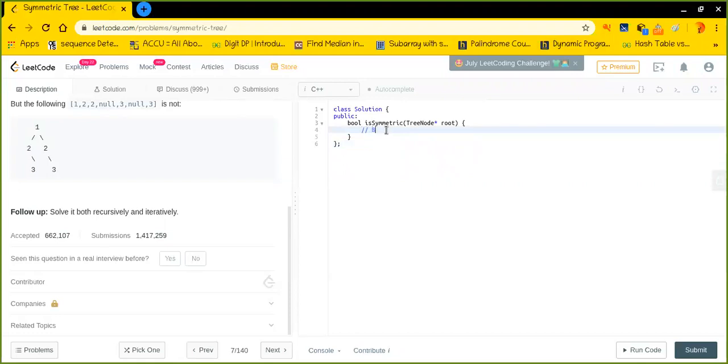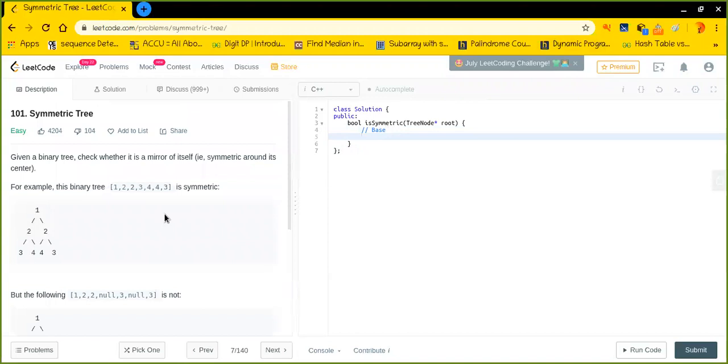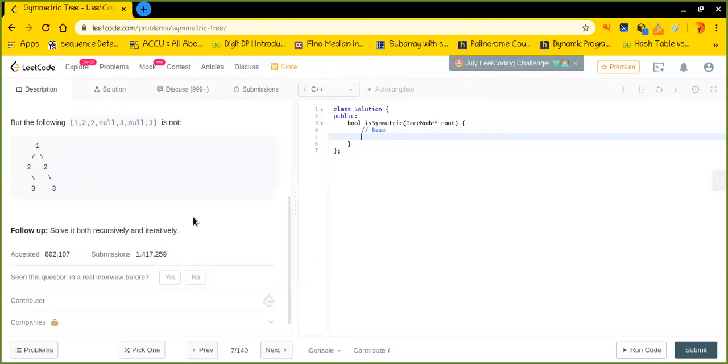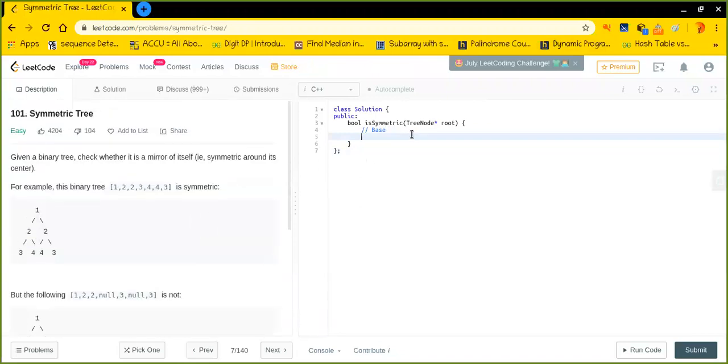So before solving it, I want you to understand the base condition, right? Because this is an interview question and we do not have the constraints on how many nodes could be there or what kind of edge cases could be there. They are not included in the question, remember, because this is an interview question. You need to figure it out by yourself. So for example, there is no root.